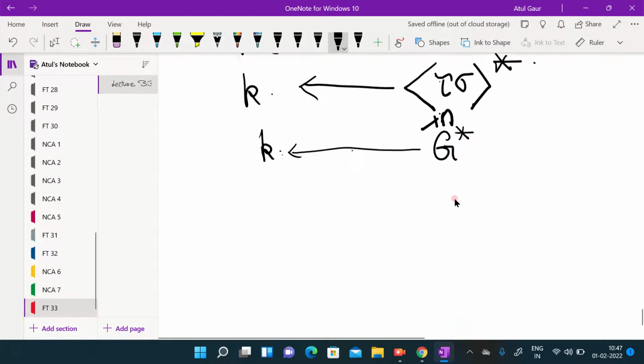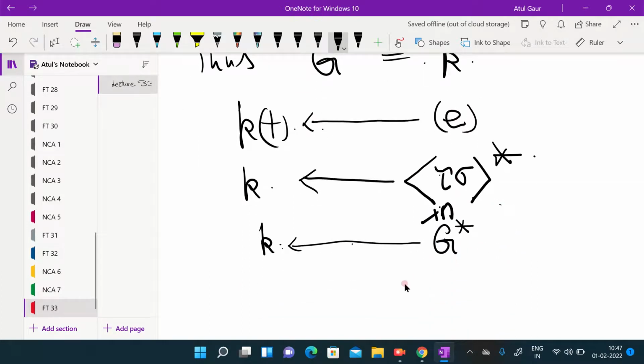Yes, sir. So basically the point is कि यहाँ पे वन टू वन करस्पॉन्डेंस नहीं मिल रहा, दो डिफरेंट सबग्रुप्स हैं. One is this, generated by tau sigma, cyclic group generated by tau sigma. Another one is the group generated by sigma and tau. तो ये तो कंपोजिशन से, ये यहाँ कंपोजिशन है बीच में. Is that fine? Tau sigma is a composition of tau and sigma, और ये G है generated by sigma and tau. ठीक है, तो both are different groups, both are not same, but both have the same fixed field. What is that? K.